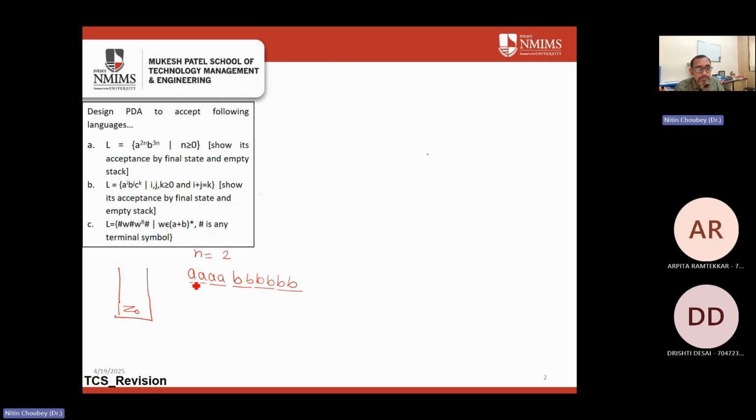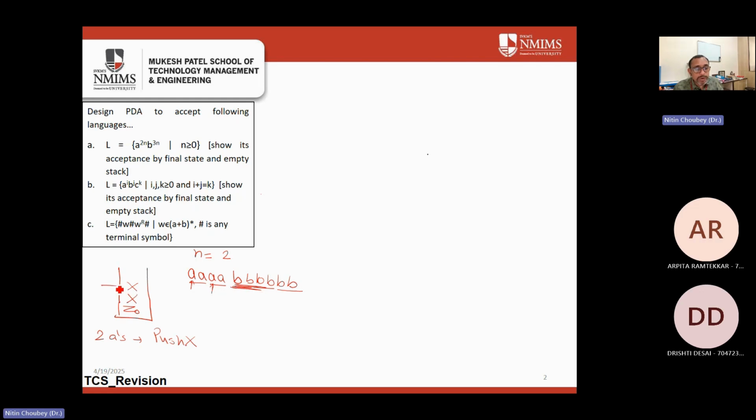What we will do, for first A will do nothing. For second A will push X on the stack top. Again, third A will not do anything. For fourth A will push another X on the stack top. Basically, for each 2 A's, we are pushing 1X. And now when we are going for reverse, what we will do is, for each 3 B's,